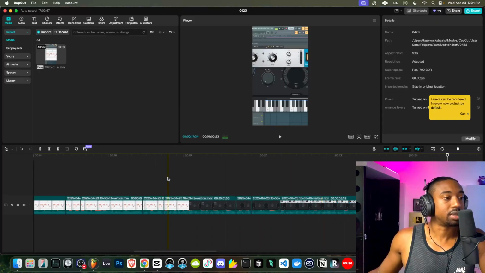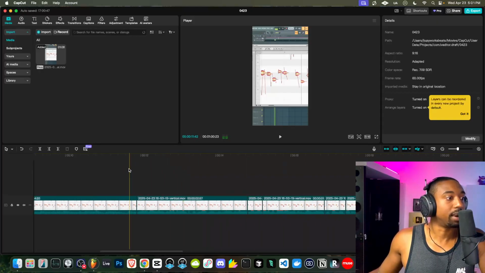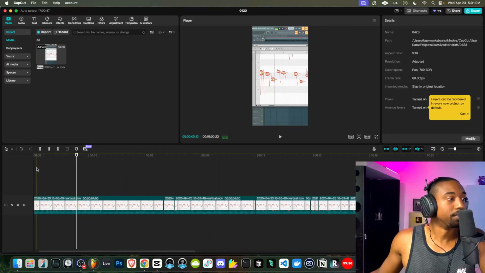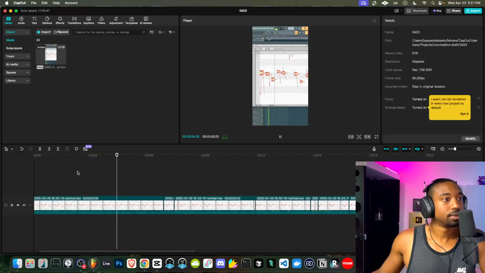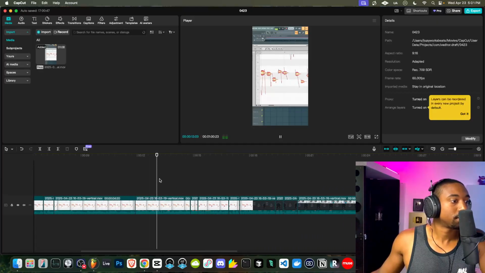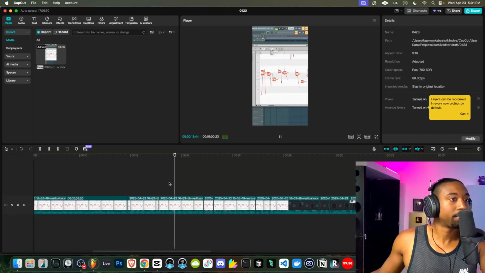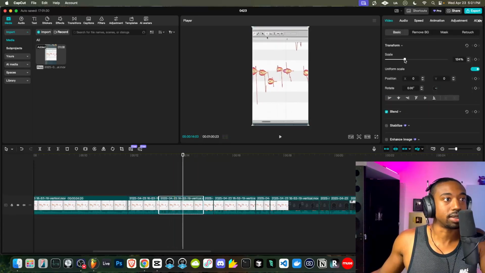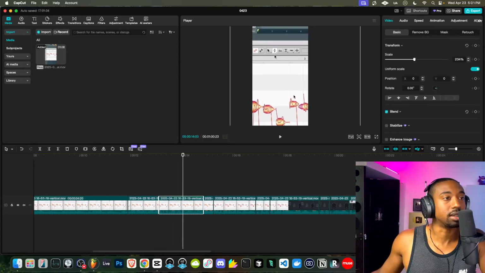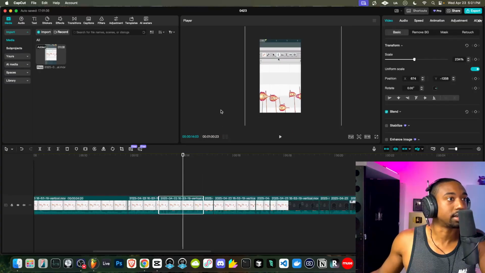Now, when I zoom into specific features like the attack, let's go back a little bit and do this in real time. Whenever I zoom into a specific feature, we hit Control B, then just click here and go to scale. You don't need fancy animations and everything, just zoom in so that they can actually see what's happening.